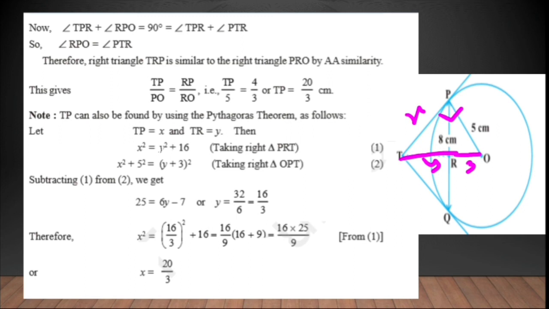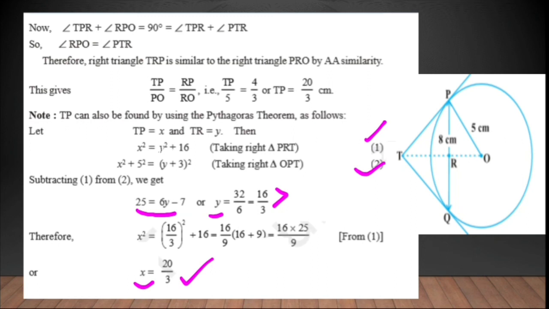That means again you can say that x square plus 5 square is equal to y plus 3 whole square. Now from these two equations x square is common, so you can combine equation number 1 and 2 and you will get an equation of y. From this you will get the value of y as 16 by 3. Put the value of y in either equation number 1 or 2, you will get the value of x as